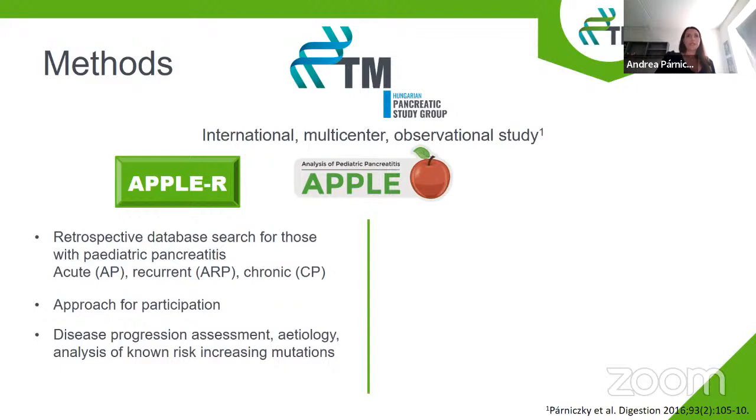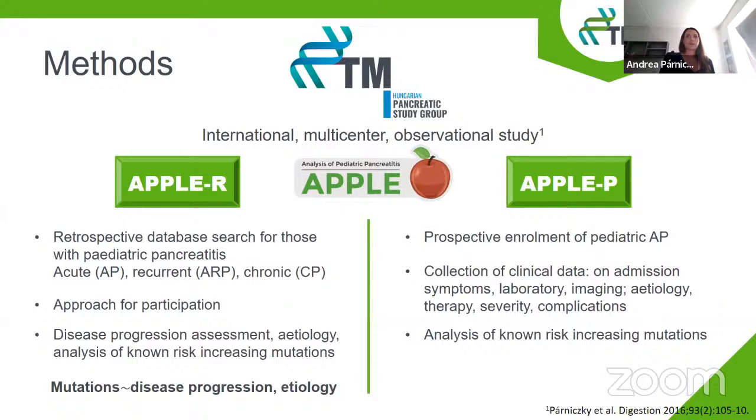We collected blood samples to analyze known pancreatitis risk-increasing genetic variants. From the collected information, we will be able to evaluate the association between these mutations and the disease progression and other etiological factors. The study also has a prospective part, where we mostly focus on the clinical course of pediatric pancreatitis, collecting robust clinical, laboratory and imaging data with the primary goal of establishing an admission severity predicting score